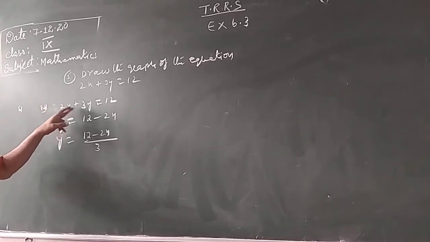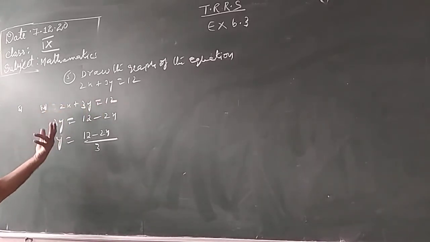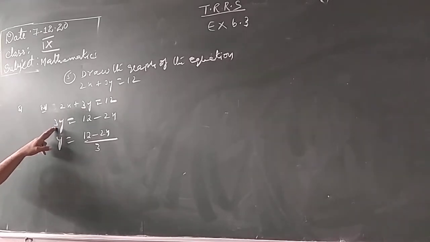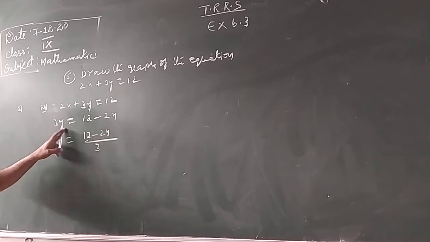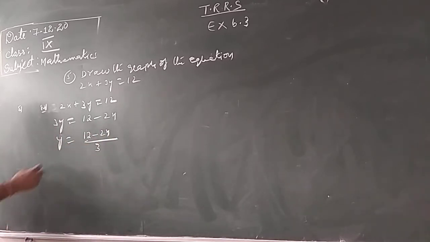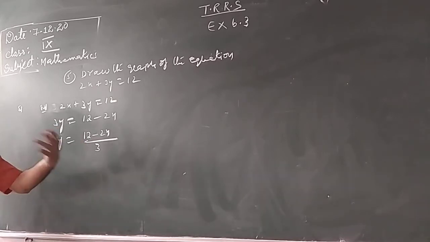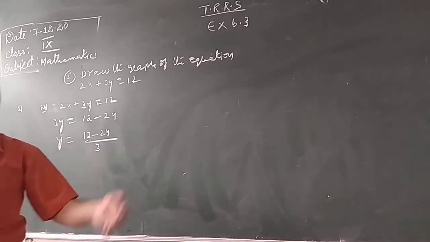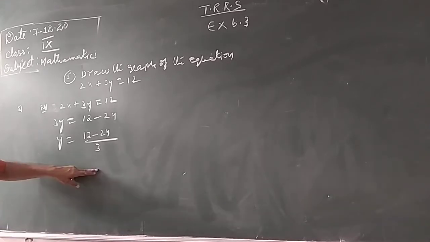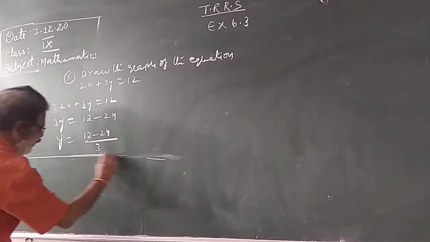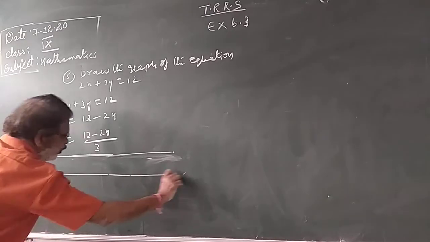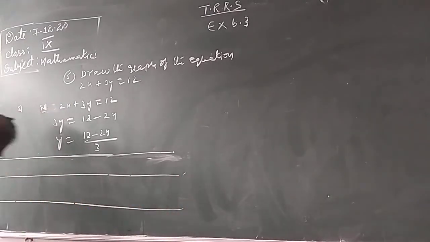So the given equation is 2x plus 3y equal to 12. You should convert into y is equal to form. So the left side should remain only y. How many y's are here? 3 y's are there. 3y is equal to 12, and this plus 2x shifted to the right side becomes minus 2x. So y is equal to 12 minus 2x by 3. Now take the values. Take x is equal to 0, 1, 2, 3, 4, minus 1, minus 2, minus 3, minus 4. You substitute all these values in this. Okay, roughly you can do it. So I am doing it directly. I hope you clearly understand how to substitute this. Already I showed in the first problem. Now directly I will do it.